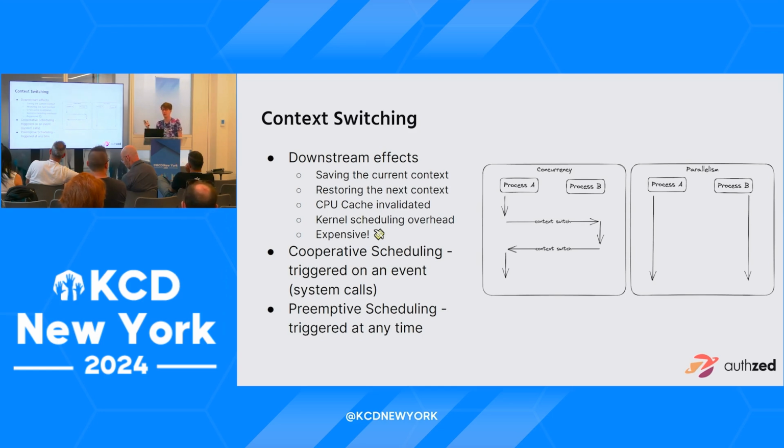The other way of scheduling is called preemptive, where the overall system's scheduler gets to decide, hey, OK, you've been running for a while. I'm going to stop you and basically make sure it's fair scheduling across everybody, and everyone gets an equal amount of time being run. There are pros and cons to each of these, but the really important thing to understand about context switching and scheduling